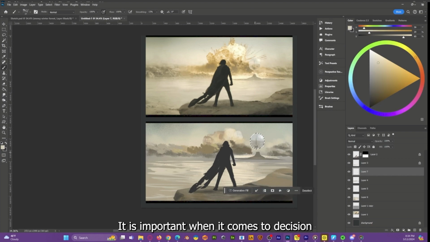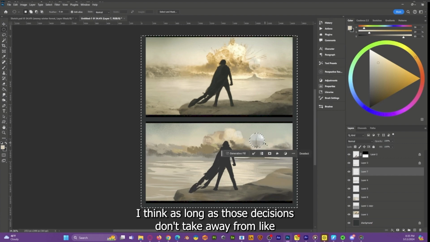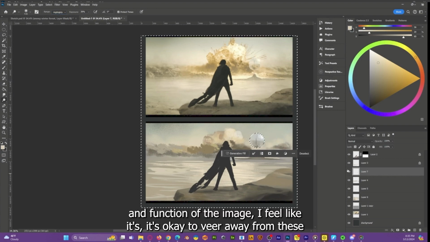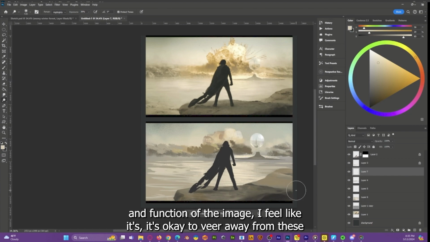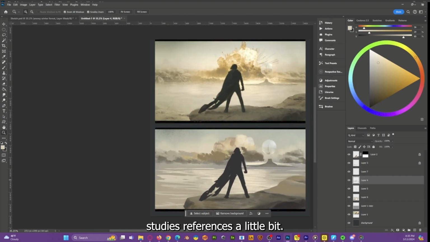It is important when it comes to decision making as well as problem solving. I think as long as those decisions don't take away from the overall message and function of the image, it's okay to veer away from these study references a little